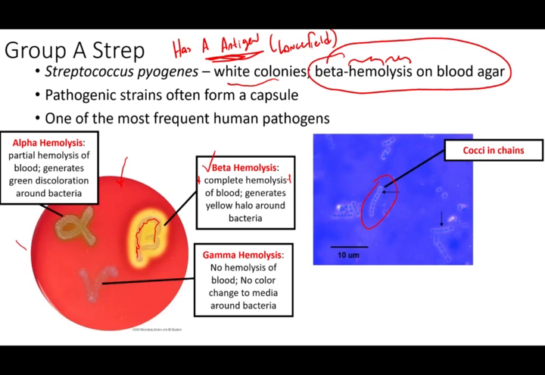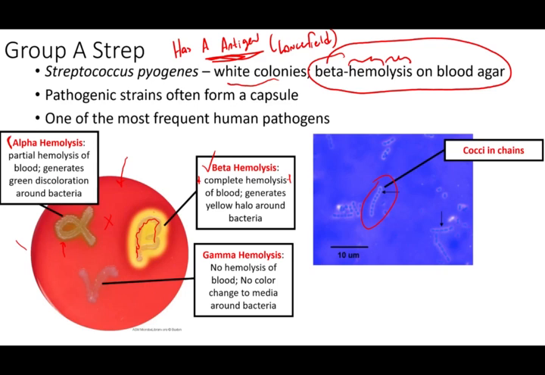Just to contrast, not all bacteria can do this. Some are classified as what are called alpha hemolysis. So alpha hemolysis means the bacteria partially break down the blood or partially hemolyze the blood. And what you get is this kind of green discoloration. So if you look right here, there's no bacteria, but you can kind of see the original red color of blood is changing to this kind of greenish tint. So if you look here, that's the original red color, but then as you get close to the bacteria, you can see this green tint. And that's because this bacteria would be classified as alpha